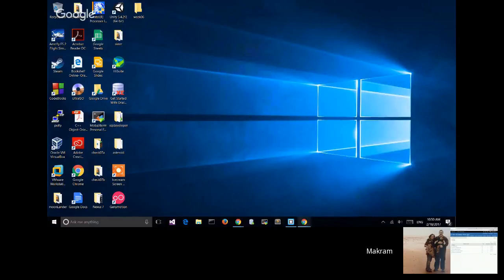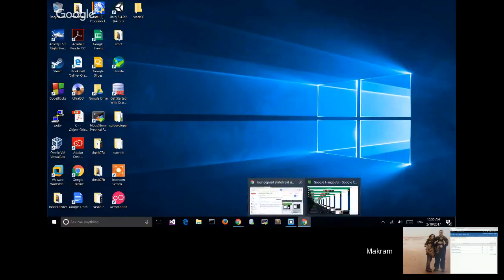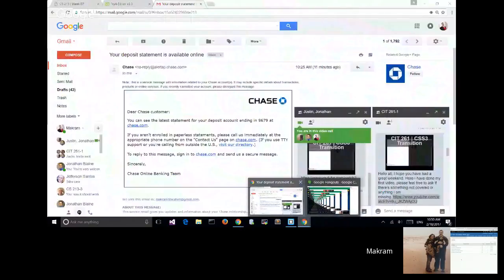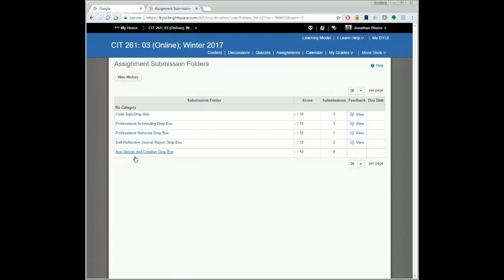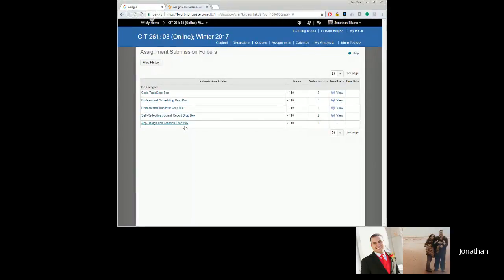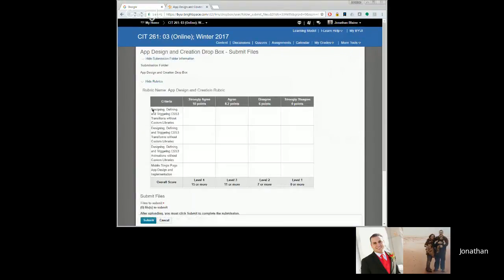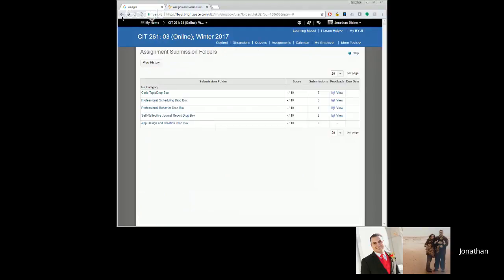And my question, go and look at my screen. So what goes into this last box, the app design and creation box? Do all of our files that we create go into here, like the loop and arrays? That's not going to be graded till the end. Okay, so I'm just going to leave that blank. It's the project at the end, the last 2 weeks.